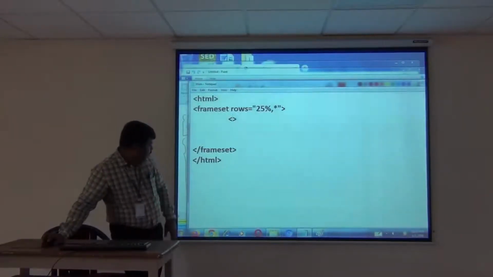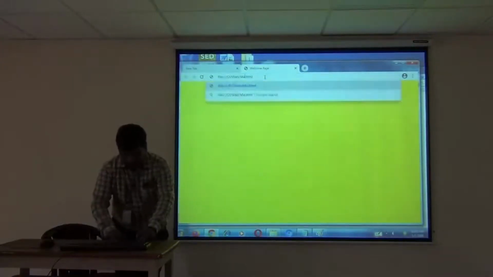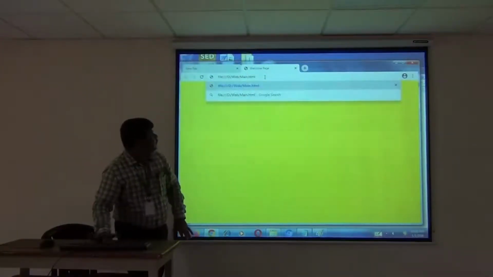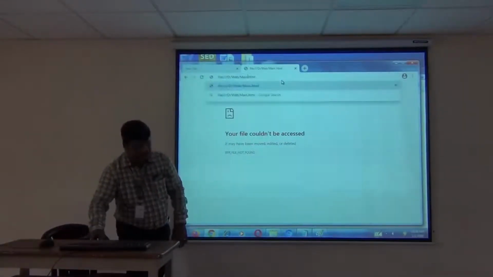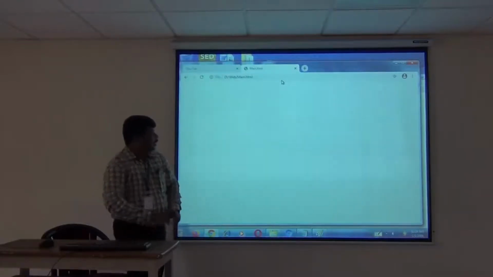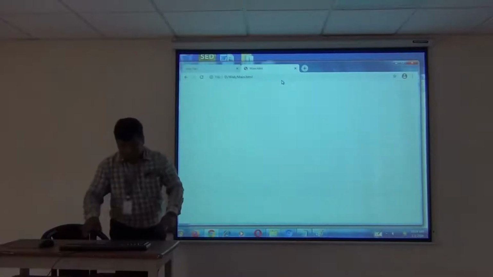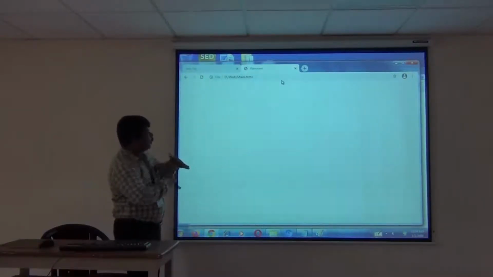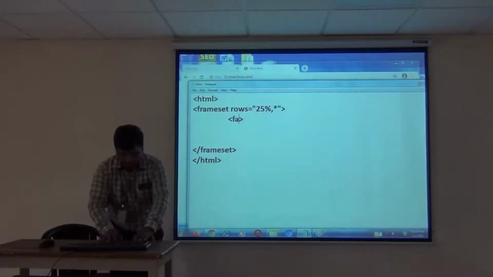Now we can open the same file, main.html. Nothing will be there because I have not completed everything. I have just created two windows and split it into two frames only. Now I am going to load the file, so that I can see the output.